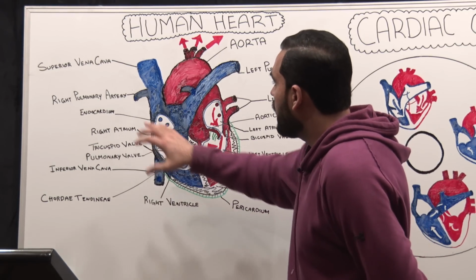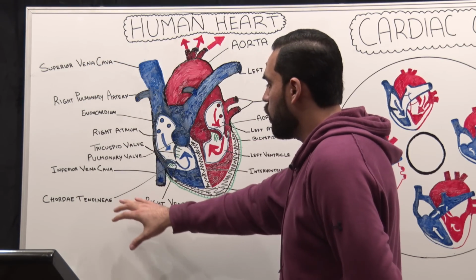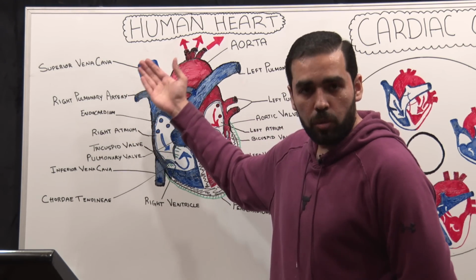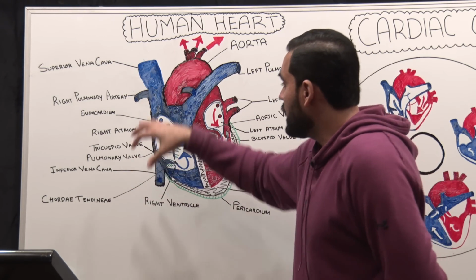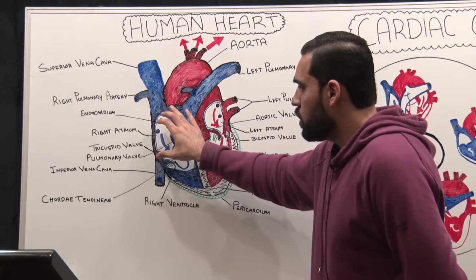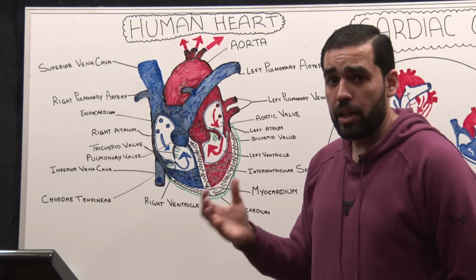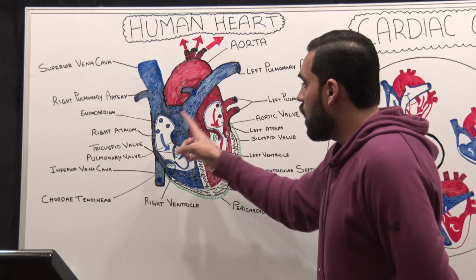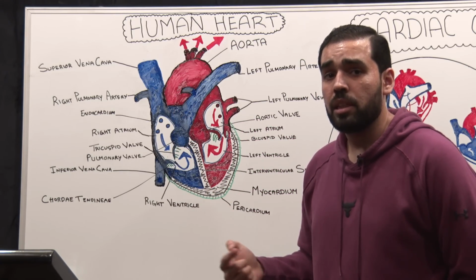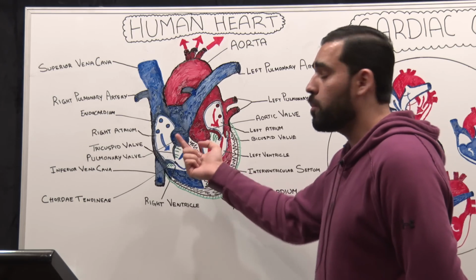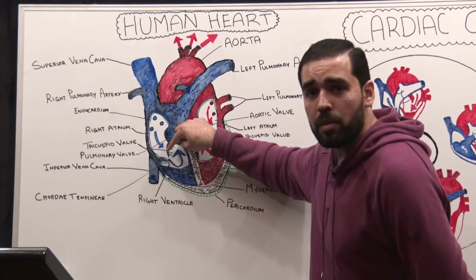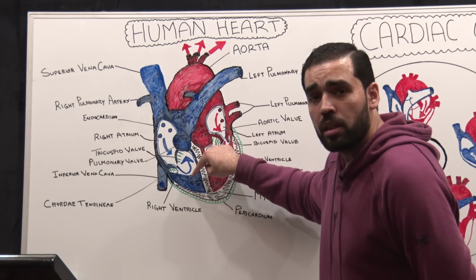So what happens is that your superior vena cava and your inferior vena cava, well, basically it's one vena cava actually, and because it's on top we call it superior, it's on the bottom we call it inferior, is draining on the right side of the heart. On the right side, it is draining into the right atrium. Like I said, the atriums always receive the blood. Now, the blood that is draining into the right atrium is deoxygenated, which means it is poor in oxygen and it needs to pick up the oxygen. Now, when it reaches the right atrium, through the tricuspid valve, it will go into the right ventricle.